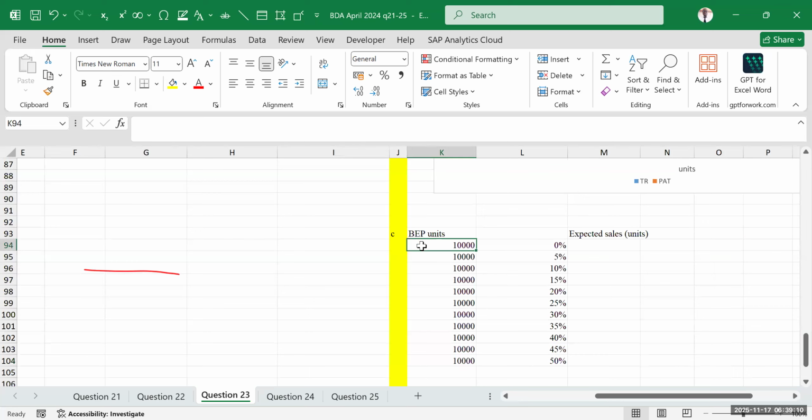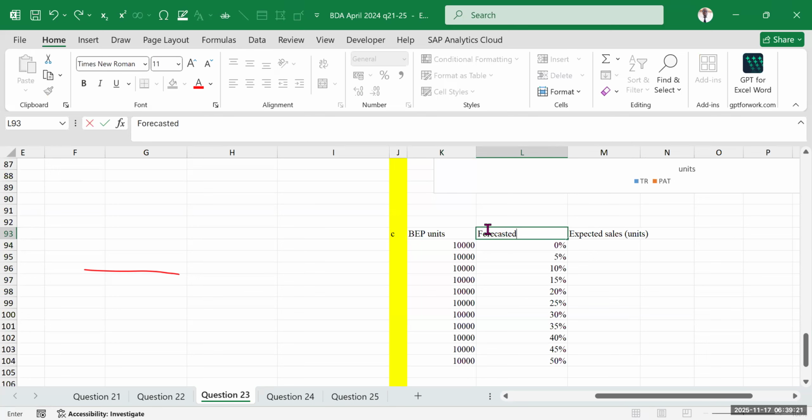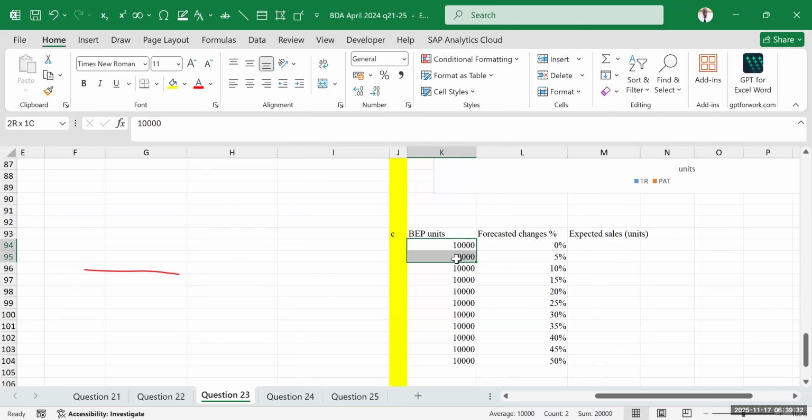Now, break-even point in units was 10,000. They're trying to evaluate what is the impact of changing. I want to use forecasted changes in percentage. They're trying to evaluate if the break-even point in units, above the break-even point, they want to change by 0%, 5%. What will be the impact on the revenue, on the profits? What will be the impact on profits? So if we consider these changes, we want to see what is the expected sales in units with these changes